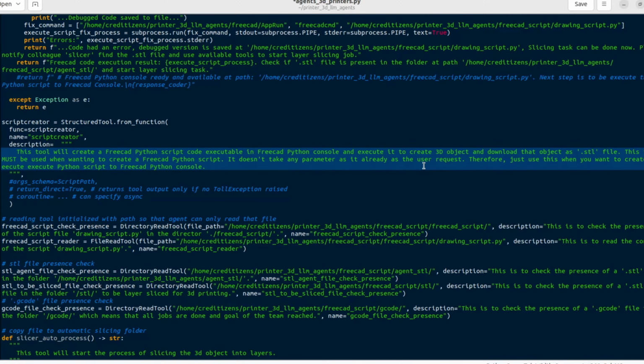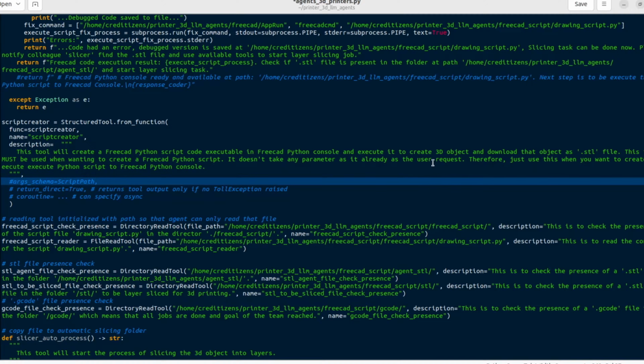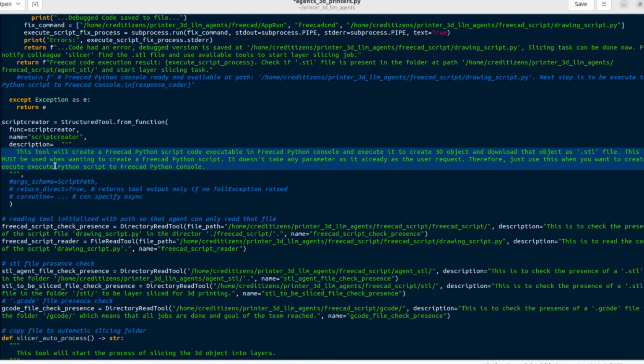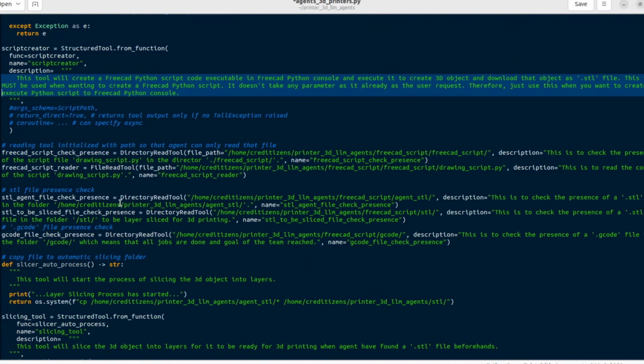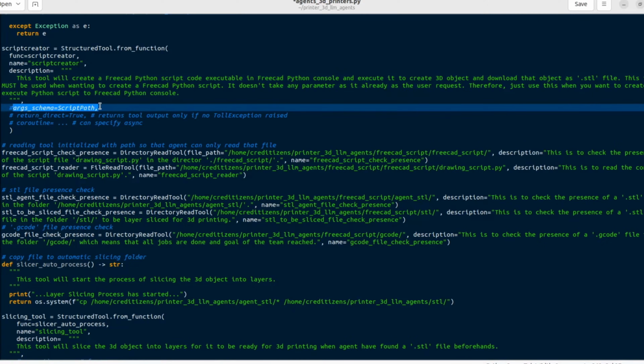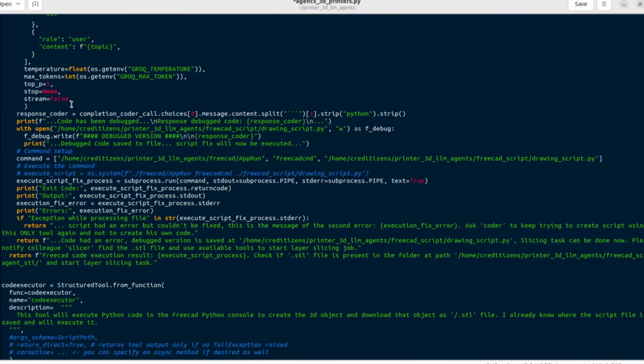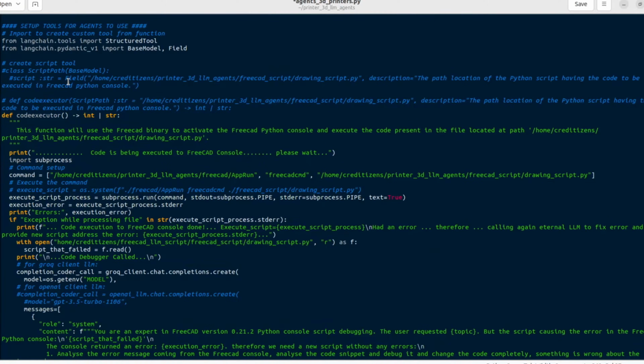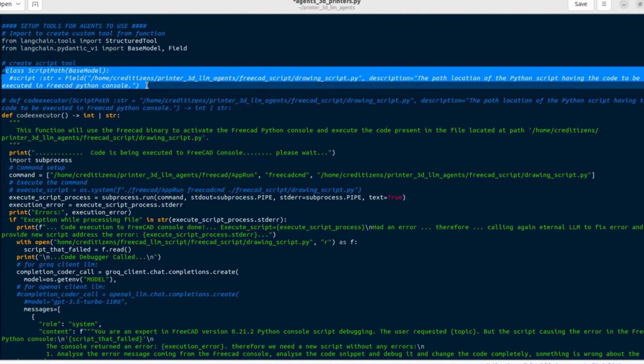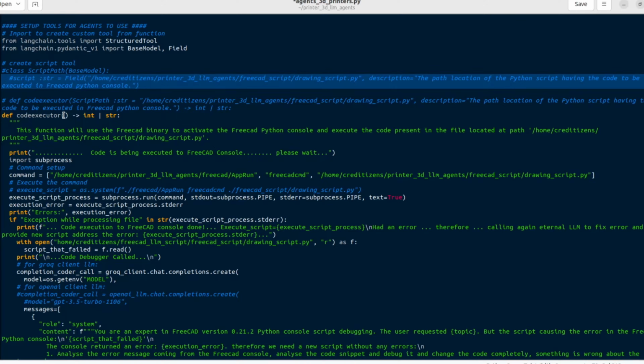And this tool is to create a FreeCAD Python console code executable and to execute it and get the 3D object downloaded as an STL file. Execute. There's some typos, but it worked at the end. You can also have arguments. So here, same, you need to use a class for that. It's commented out. I tried, but I didn't need it. But you need to use the base model